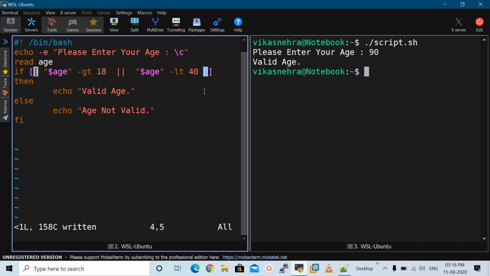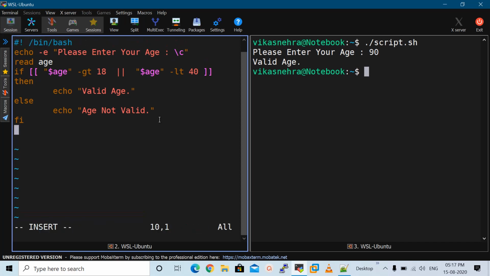We can also use the separate conditions. Means in the if condition we can define both the conditions separately using the square brackets in the same fashion as we have done in the logical AND operator video. So let me show you. Here we can close the first condition using the square brackets.